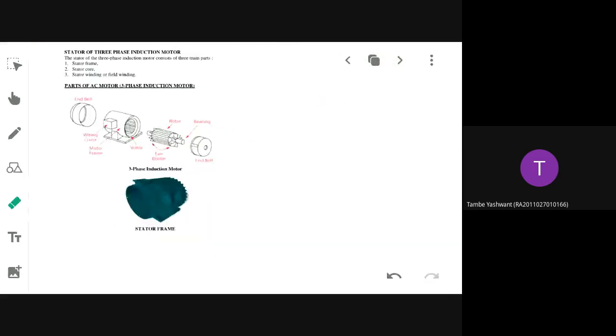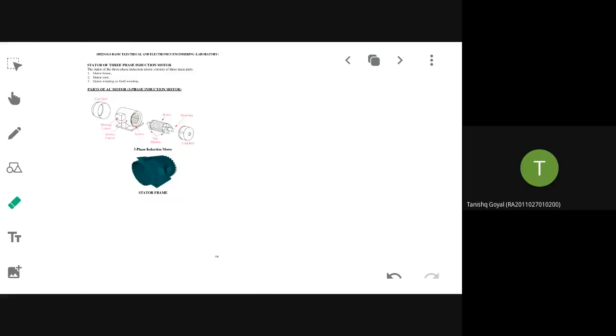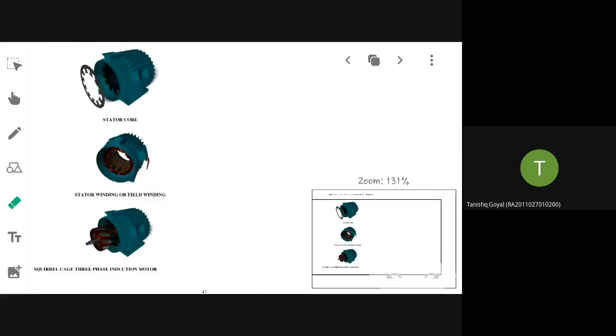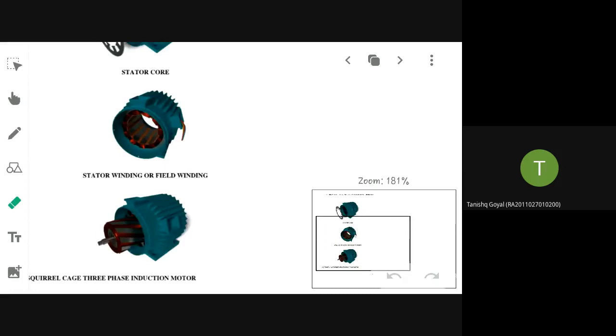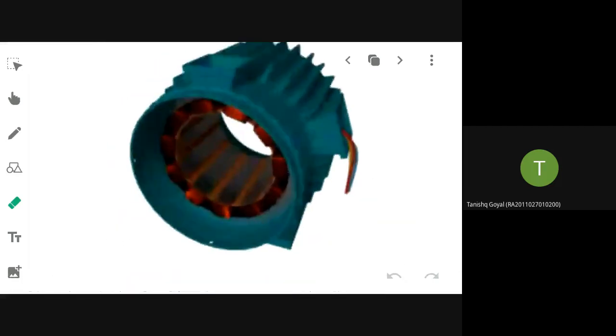Here also you will have laminations as usual, in order to avoid eddy current loss, and you will choose a magnetic material with low hysteresis loss. You can see this diagram: is this stator or rotor? This is the stator. This is the yoke, the outer portion. Inside it you can see the stator winding, those golden colored things.